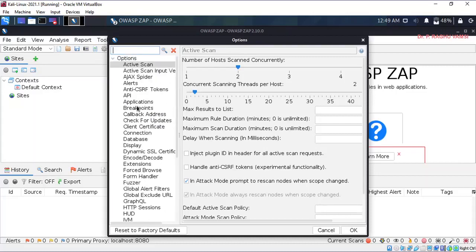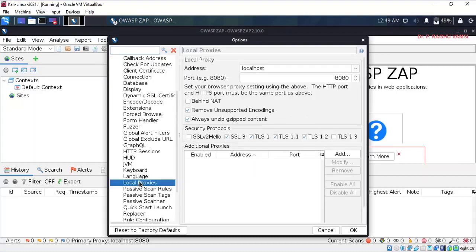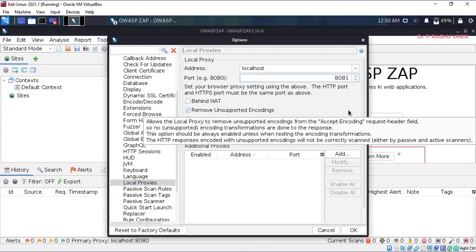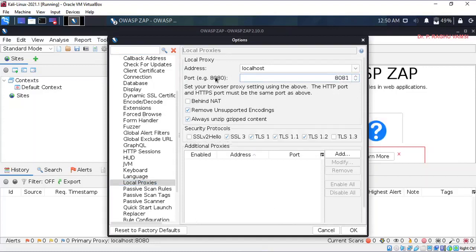Here the port is by default set to 8080. You may change it to 8081 or 8089, that is up to you, because port 8080 in general will disturb the regular HTTP services that run on the computer.